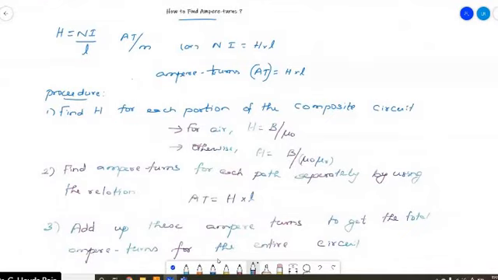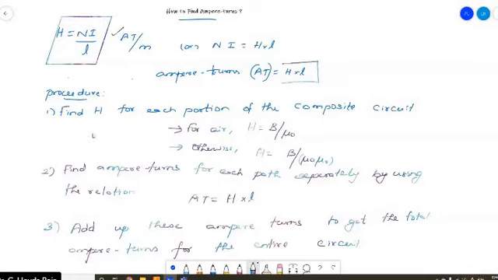So how to find the ampere turns? We know that the expression for H is Ni divided by L. This we have discussed in the last class. So we have obtained H is equal to Ni by L, and the unit is ampere turns per meter. So finding Ni will be H into L. If you multiply L to the left hand side, it becomes H into L. Therefore, in finding ampere turns, you require H and L.